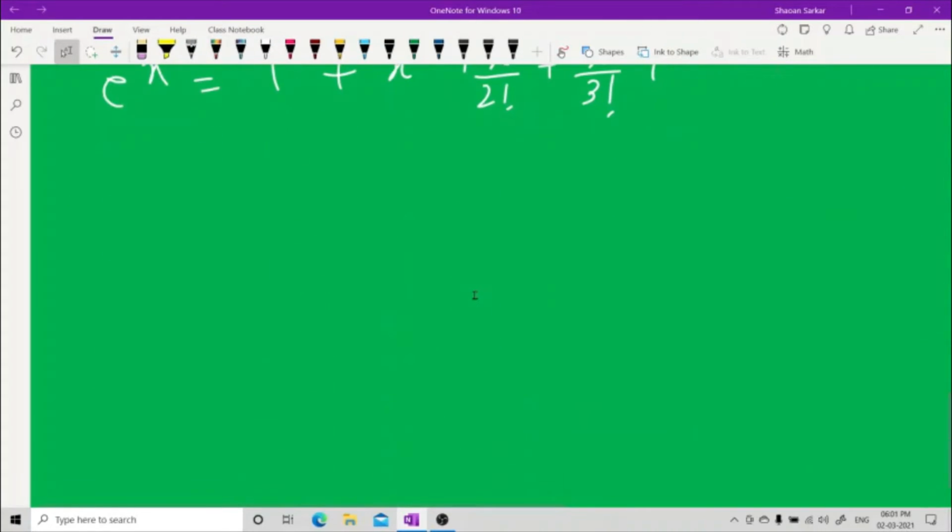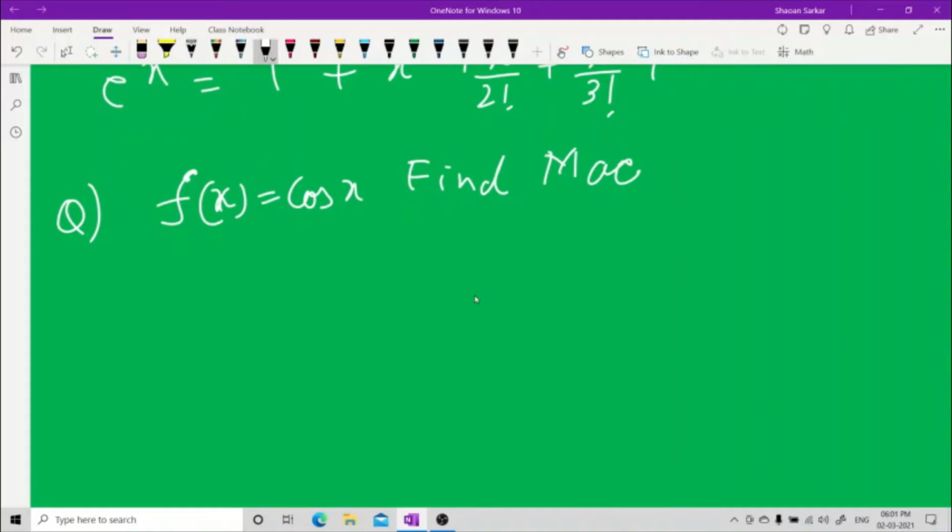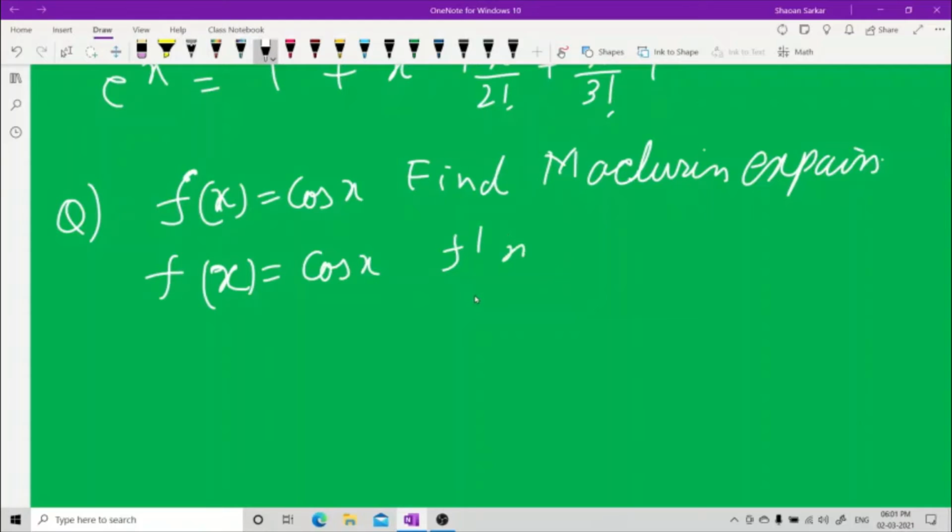Next, let us take another question. The question is, find the Maclaurin's expansion for f(x) equal to cos x. And you know one thing I have told you in my nth derivatives: f(x) is cos x. Now f dash of x is minus sin x. This is minus sin x. That means this is equal to cos